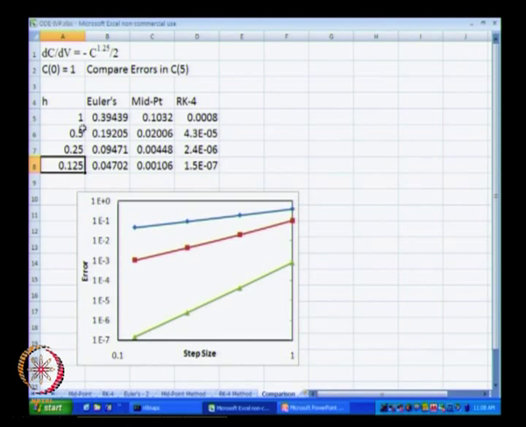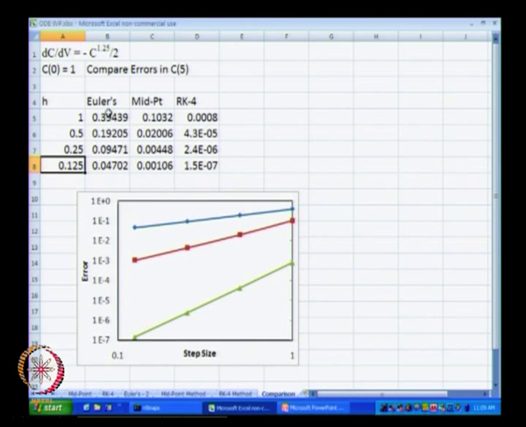Keep in mind that RK4 method uses 4 computations of the slope. The slope is computed at yi, at the midpoint twice, and at the end point, whereas Euler's method is just going to use the slope computed only once. So, for each implementation of Euler's method, the function f of y comma t is used once, whereas for each implementation of RK4 method, it is used 4 times.